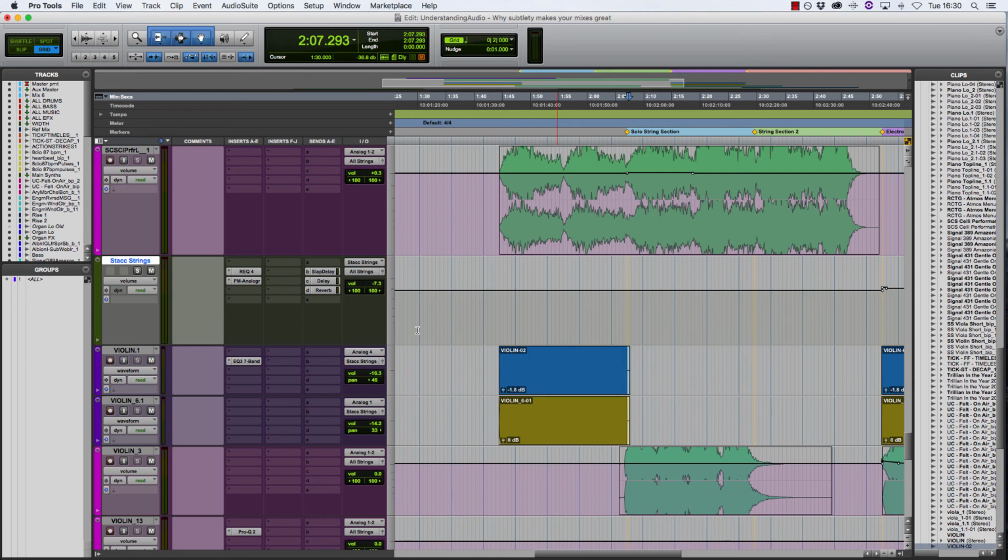The reason why I use bus processing on strings in particular is because I like dynamics in music, and overcompressed, oversquashed strings are something that I really don't like. If I overcompress the strings in this particular mix, it'd affect all those beautiful melodies and you'd just have a really squashed mix without any dynamics. In my opinion, that's no good. Again, that's just my taste. I don't want to see a squashed sausage waveform, but your taste might be different, and that's what makes us